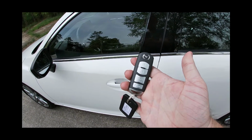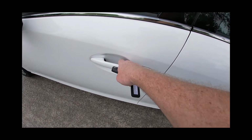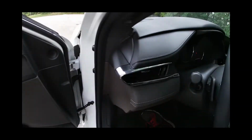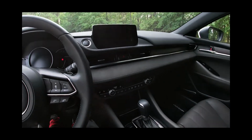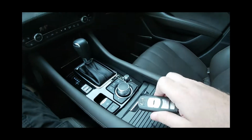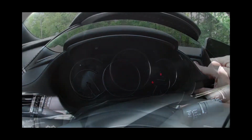This car does have the advanced keyless access as standard equipment, which does include the 2 buttons on the front 2 door handles here. You can use either one of them to lock and or unlock the vehicle. Go ahead and slide on in here. Now, because this car is keyless, it works just like any other system out there. Just have the key fob anywhere in the vehicle and simply put your foot on the brake pedal and hit the button up here at the top of the dashboard, and